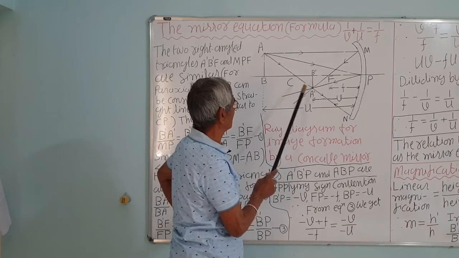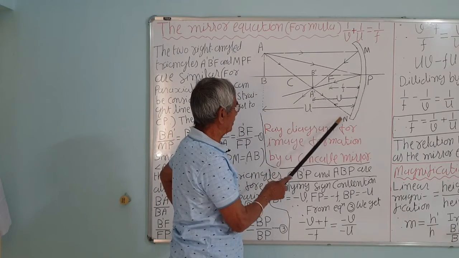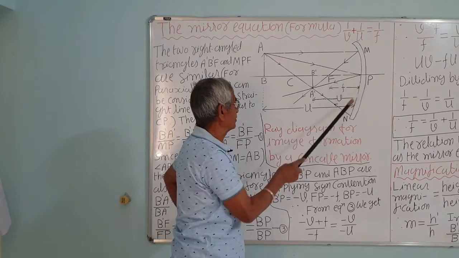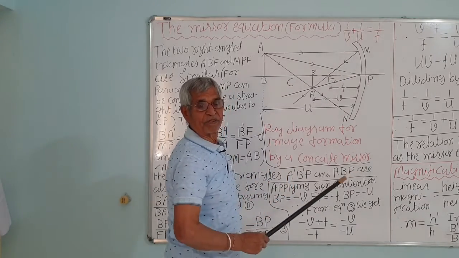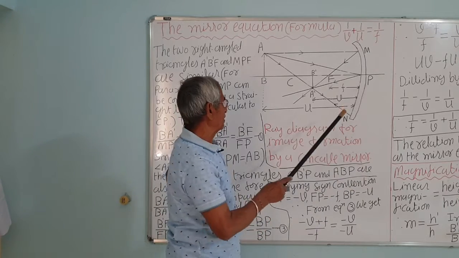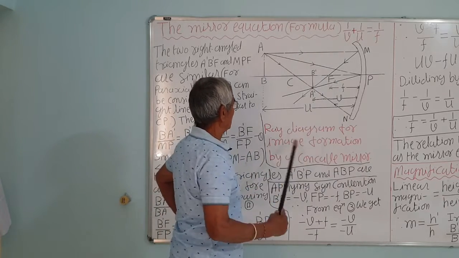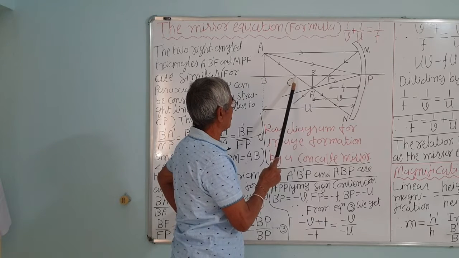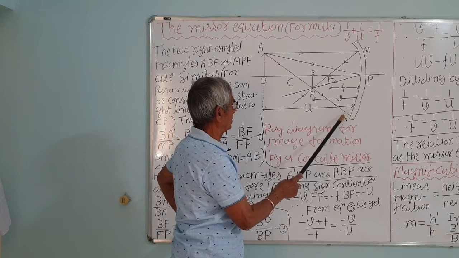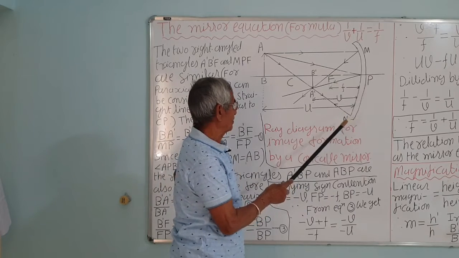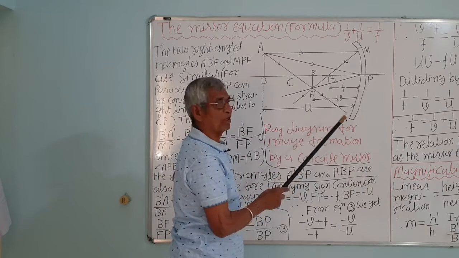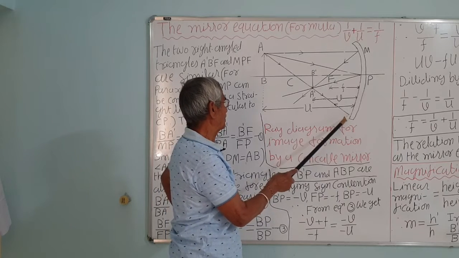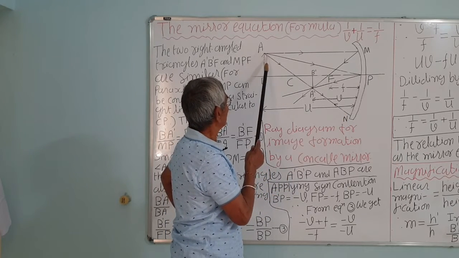C is the center of the sphere of which the mirror forms a part. Any line drawn from C to a point on the circumference of the sphere will be the normal, at 90 degrees. So the ray will itself be along the normal. So the incident angle is 0, and the reflected angle also will be 0. So it will return along the same path in the opposite direction.